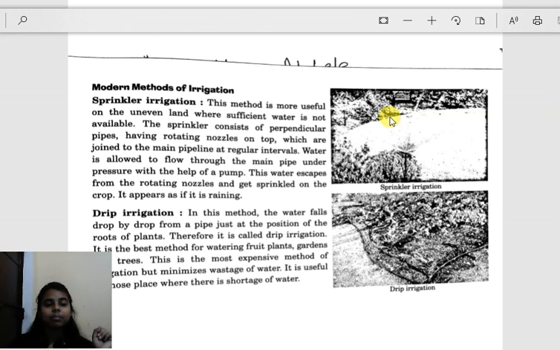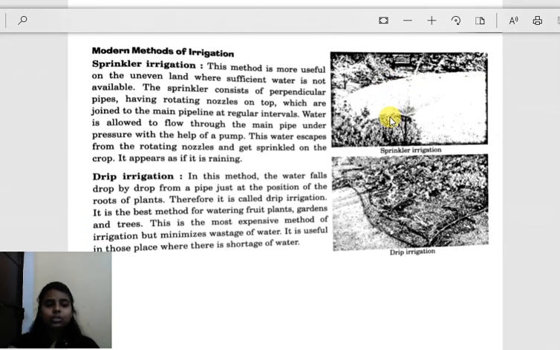It consists of a perpendicular pipe having a rotating nozzle at the top, which is joined to the main pipeline at regular intervals. Now drip irrigation. It is the most important method of irrigation, because in this method water falls drop by drop from a pipe just at the position of the roots of the plant.